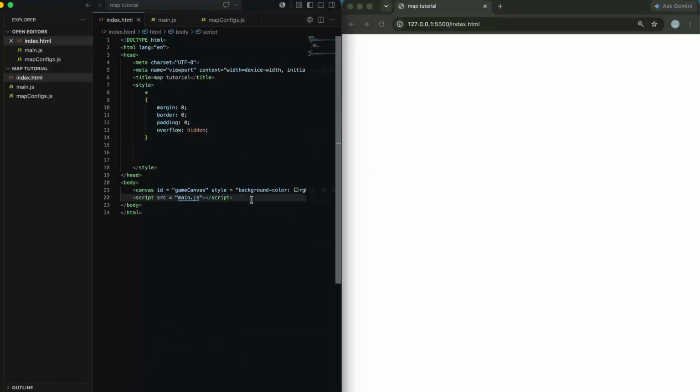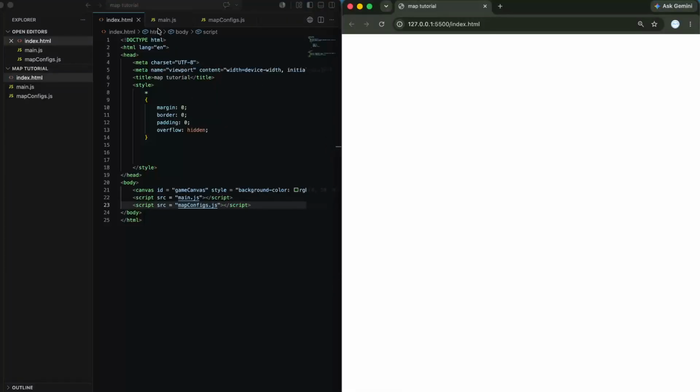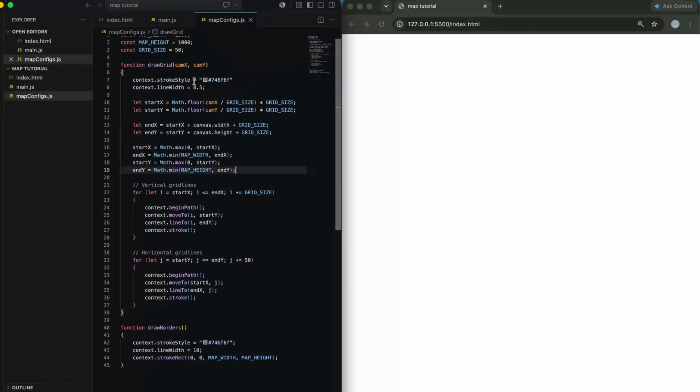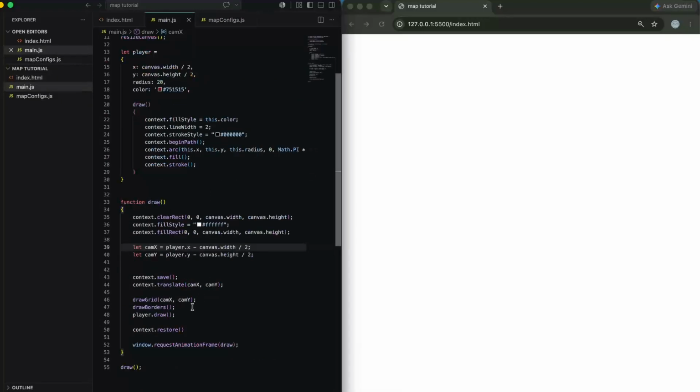The reason why it's not showing is because we didn't reference it in our HTML document. Source mapconfigs.js. Okay, save that. Okay, yeah. Anyways, so for translate, what we're gonna do instead is we're actually gonna pass in negative values for